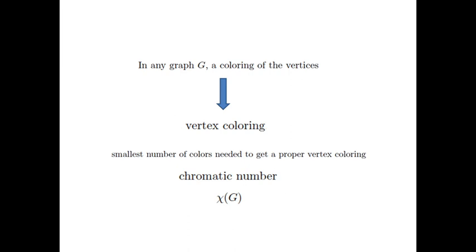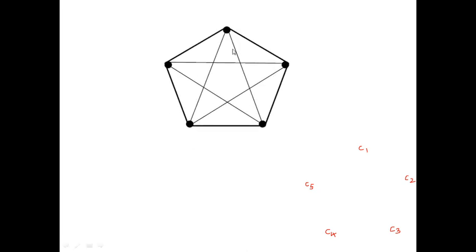Let's see some examples. You can see this example which consists of 5 vertices, which is nothing but the complete graph K5. You can see how to do this coloring. You can see this A which is adjacent to B, C, D, E. If I give A the color C1, that is color 1, and B, C, D, E, you can give C2, C2, C2. Is it possible? Never. Because B is adjacent to C, and B is adjacent to D, E, everything. So this is impossible.